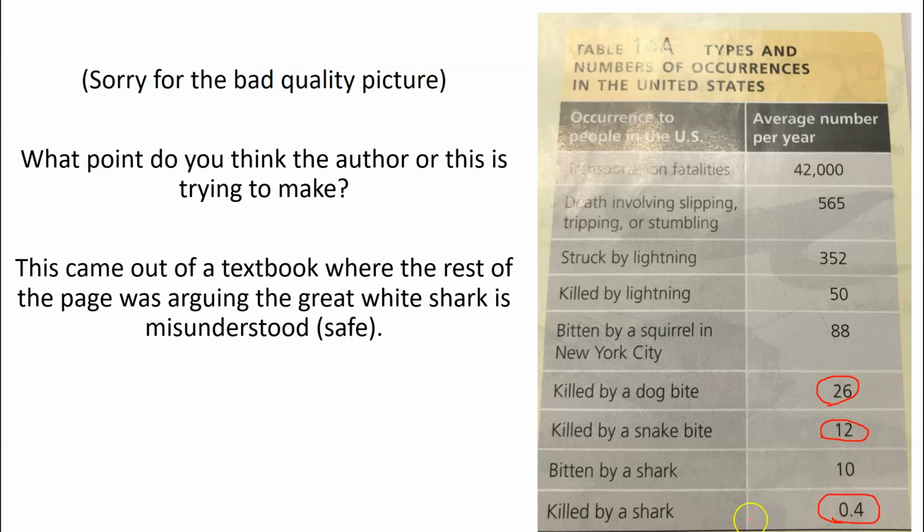Not to mention that the people who are killed are doing recreational things. They're swimming, they're surfing, something like that. What percentage of a person's life is spent doing recreational things? You really start to think about it. This is a ridiculous chart because